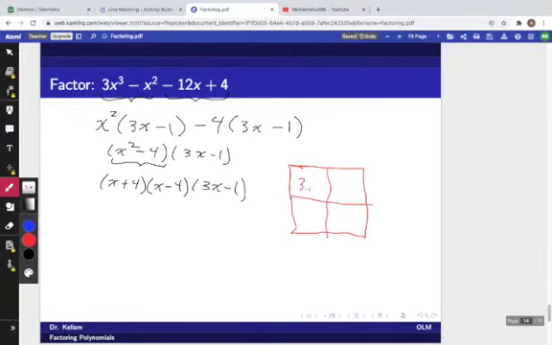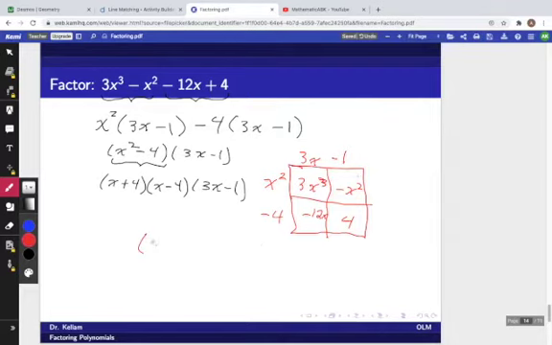And we would have 3x squared, negative 3x cubed, negative x squared, negative 12x, and then positive 4. Greatest common factor of the top two is x squared. Greatest common factor of the bottom two is a 4, but because this is a minus, we put a minus by it. The greatest common factor of these, that would be a 3x. Greatest common factor of these, that would be a 1, but because this is negative, we make that negative,